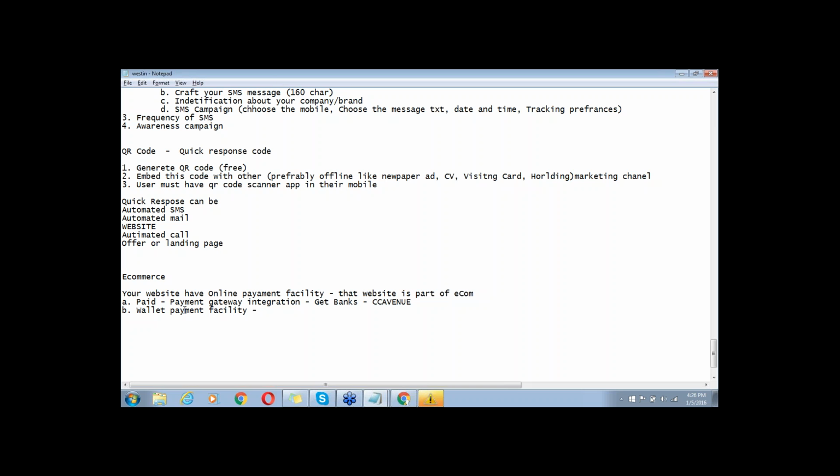What is the wallet system? You can use the PayPal wallet system, or you can use Google Wallet, or nowadays Paytm has also released their wallet system.